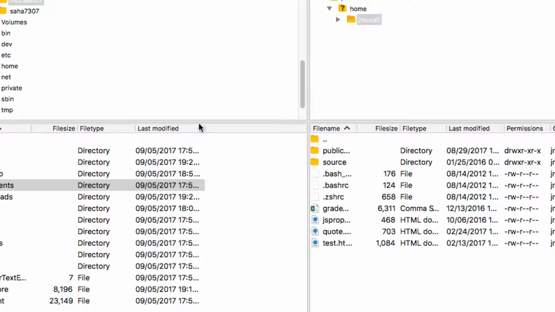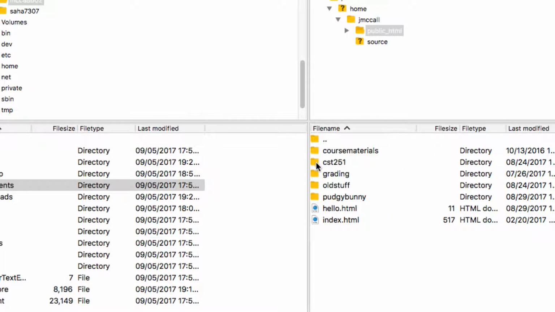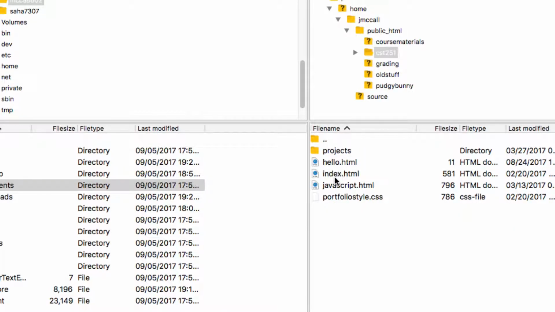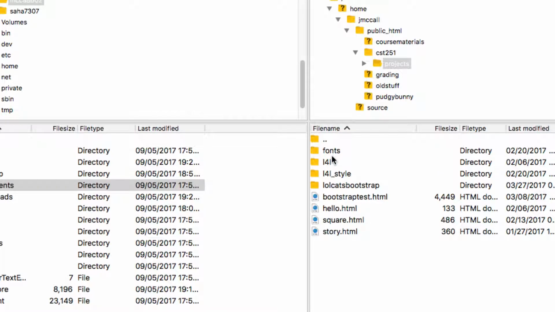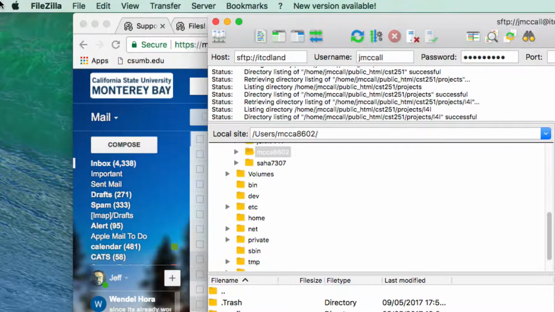So I'm going to show you how to fix file permissions on the server. What happens is you'll have everything right and everything will be in the right spot, but the file won't show. Either you'll go to an HTML page, or more frequently you'll go to an images folder, and the image won't show up. First of all, I'm going to show you the